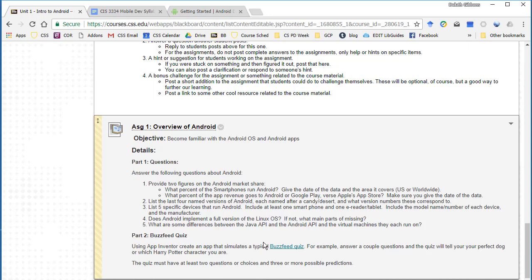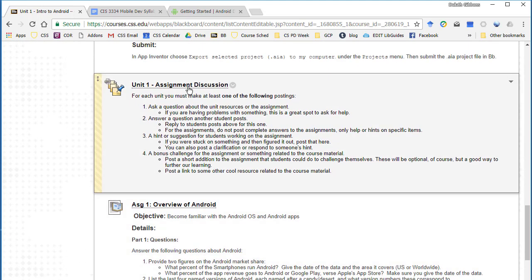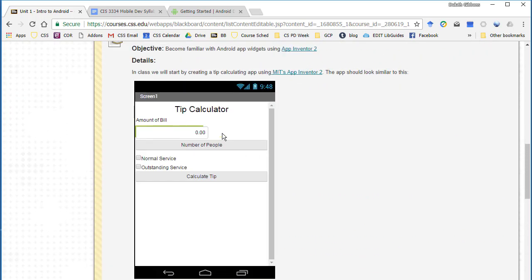Then we have the regular or full assignments, not the practice activities. Generally you'll be doing these on your own more. You can ask for help or assistance, but we don't want students to provide full solutions to these to other students. So we have this assignment discussion every week where you can ask questions either about the practice activity